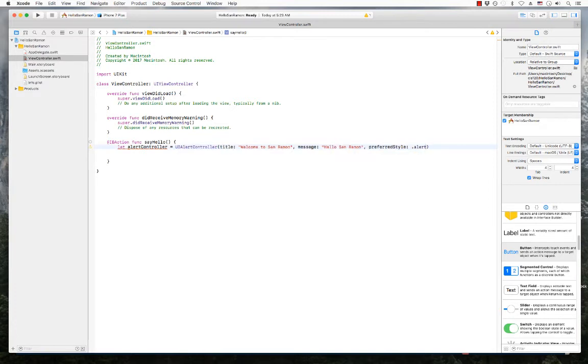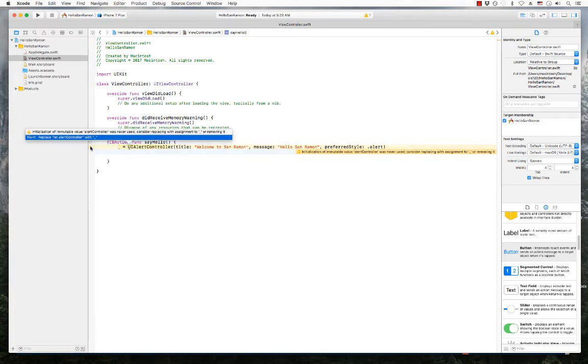Okay, and let's go down to the next line. You're going to get a warning here. If you click on it, it'll say that this alertController has never been used. Well, that's fine because we haven't used it yet. So I'm just going to ignore it. I will use it right now. So now that I have my alertController,